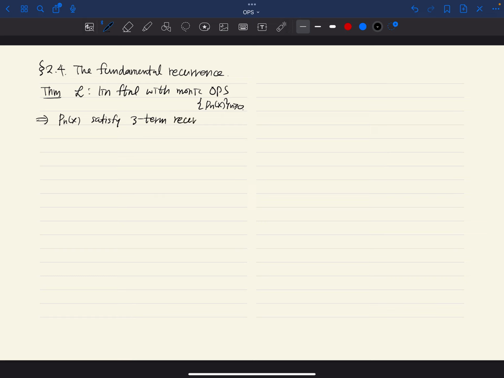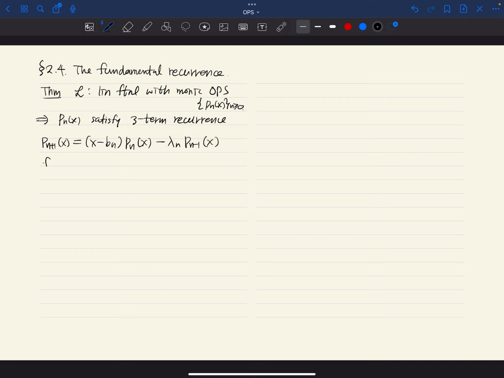There are several ways; some authors write it a different way, but I stick to this convention. P_{n+1} equals (x minus b_n) p_n minus lambda_n p_{n-1}